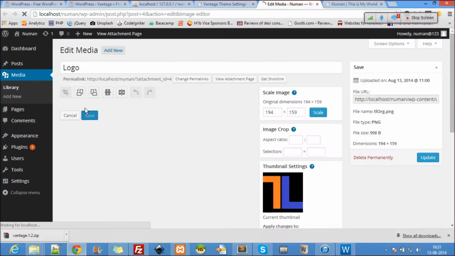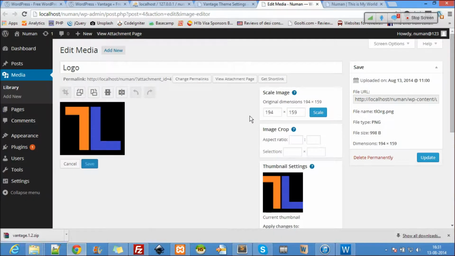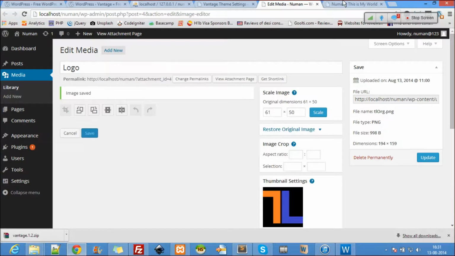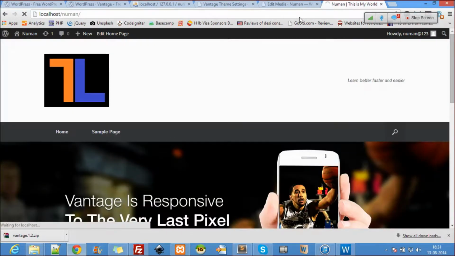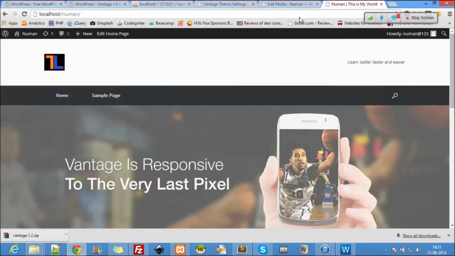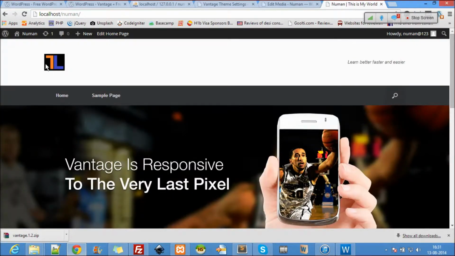Let's make the height some 50 pixels. Okay, it may look good now. Yeah, so Tudos Live, learn faster, better, and easier.